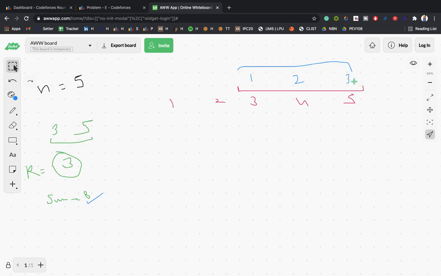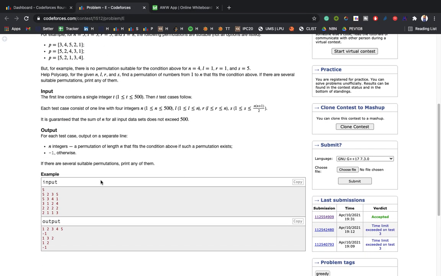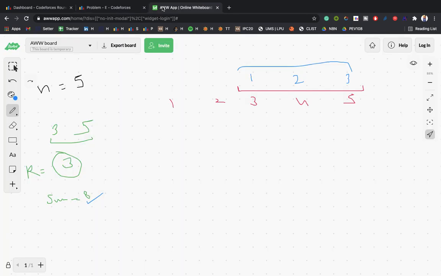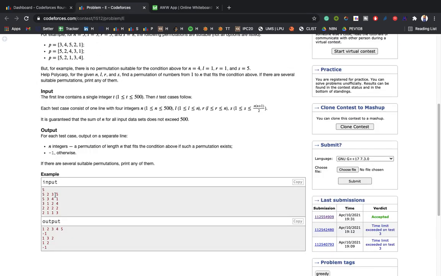So here is a case. In the first case, let's suppose the required sum is such that I can get the sum 9. Yeah, let's take another example. In the positive case, let's take this example. N is equal to 3 and the required sum is 4. So let me clear this screen. It was a very good question. N is equal to 3 and the range is from 1 to 2.